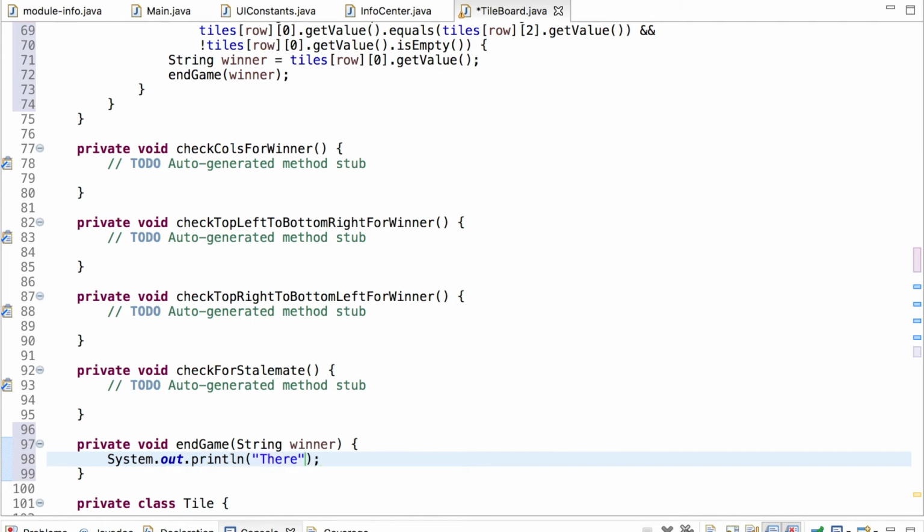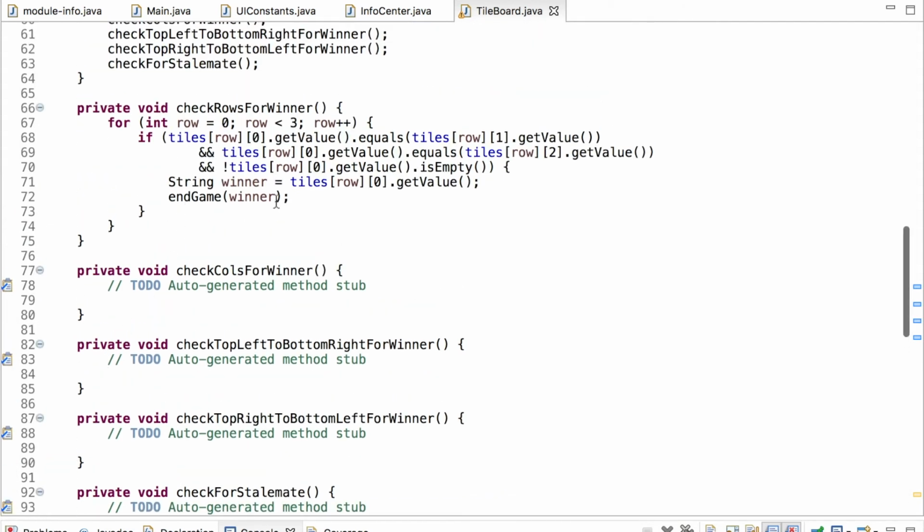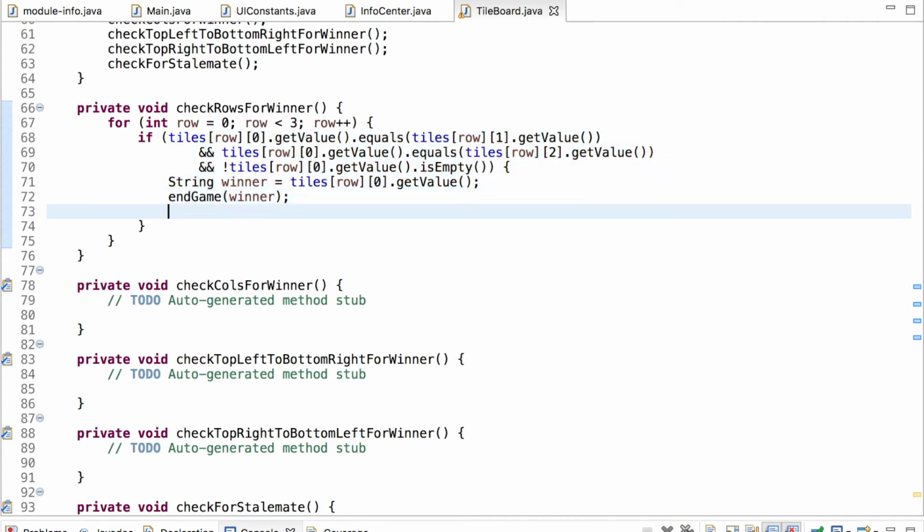We'll say something like "player winner has won." Okay. And of course, again, we'll end up changing that in a minute here. This is just sort of a little placeholder right now. And then if we did find a winner, back inside our check rows for winners method, we'll just go ahead